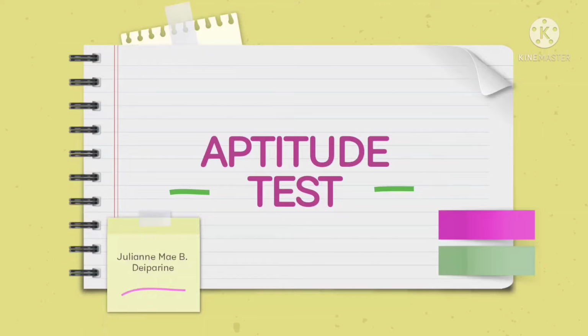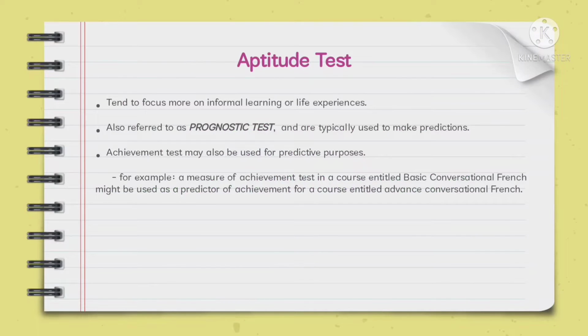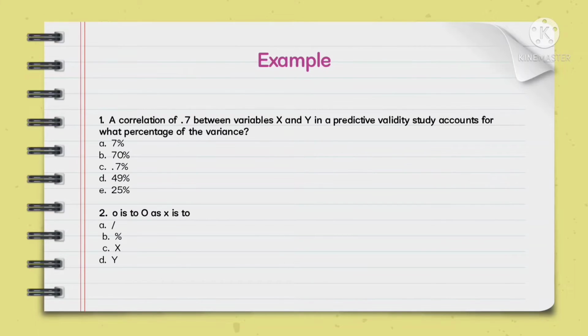Aptitude test. We are all constantly acquiring information through everyday life experiences and formal learning experiences, such as the coursework in our school. The primary difference between the achievement test and the aptitude test is that aptitude tests tend to focus more on informal learning or life experiences, and in contrast, achievement tests tend to focus on the learning that has occurred due to relatively structured input. So, at least on the face of it, item 1 appears to be more dependent on formal learning experiences than